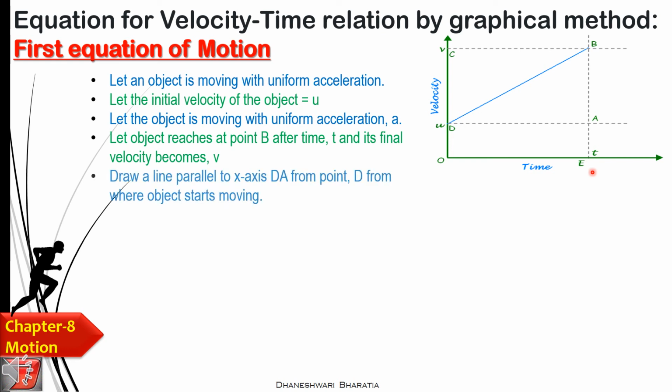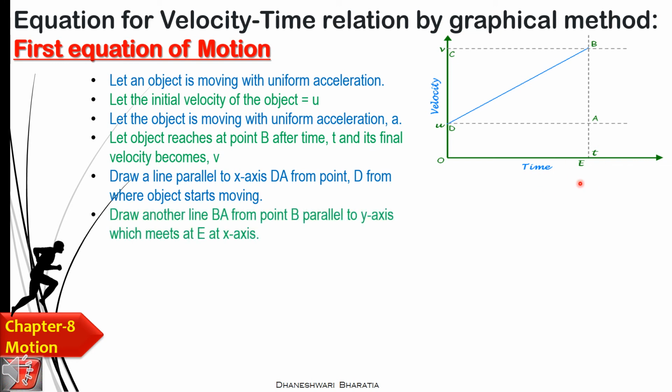Right? Have a look at this. From starting point D, we are going to draw a line which is going to be parallel to the y-axis, but it will meet the x-axis at point E. Fine. We have to draw another line BA from B, which is what I have discussed right now. Now let time OE, the interval in which the object has reached from here to here, यानी ये duration को क्या हम देंगे small t, because in t time the object has reached point B.